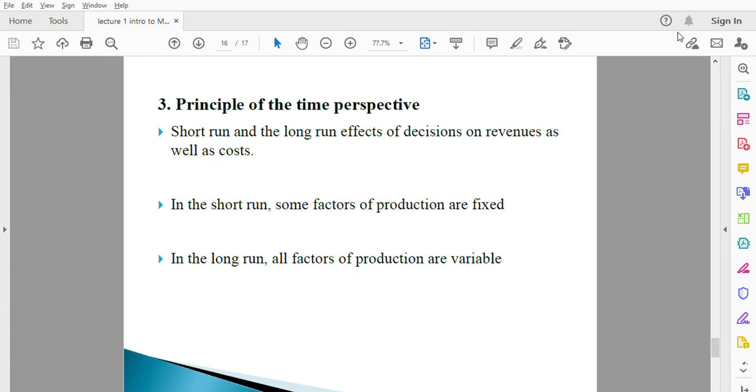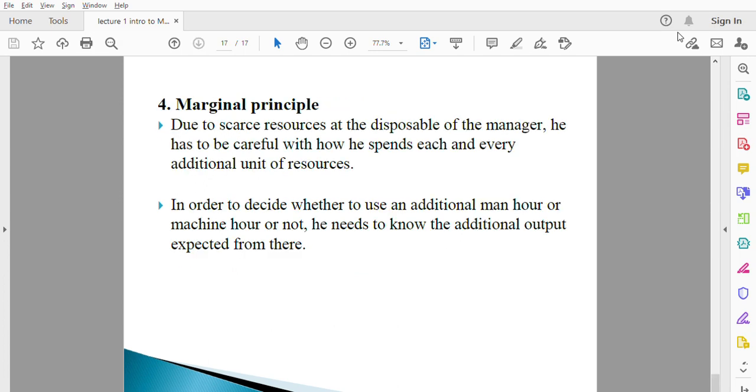And in the long run, all factors of production are variable. In the long run, you can change all factors of production. You can increase, you can decrease. The ones that were fixed in the short run are, in the long run, variable. That means they can be changed. The last one